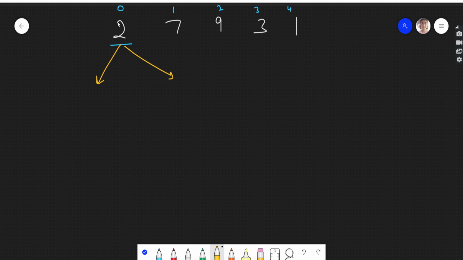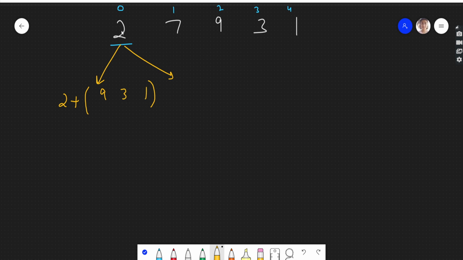If I rob this house, then I'll get 2 plus whatever further array I can rob from. I cannot take 7 if I have taken 2 because it will be adjacent, and if we take the adjacent house, police will get alerted. So 7 we cannot take, but after 7 we can take the array 9, 3 and 1.